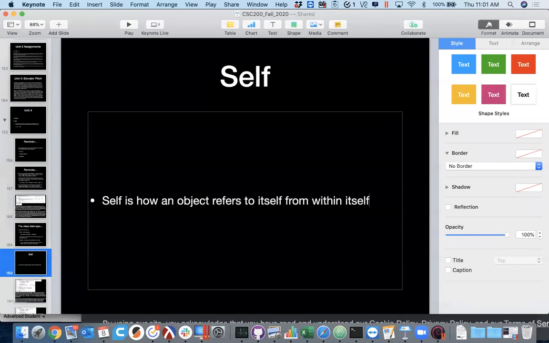And we can see the real life example of this in ourselves. So remember, the whole purpose of a programming language is to allow us to solve problems, tell a computer what to do, but a modern programming language hopefully allows us to do that in a way that's similar to the way human beings already solve problems. So with that in mind, whenever you're talking about yourself,